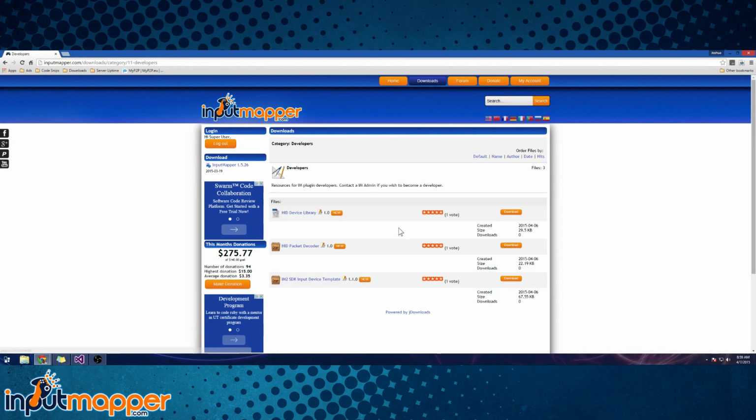Two things that we will be using primarily are the packet decoder and the IM2 SDK input device template. The packet decoder is going to help us connect to the device and actually look at the HID packets that are being sent, and we will use that to